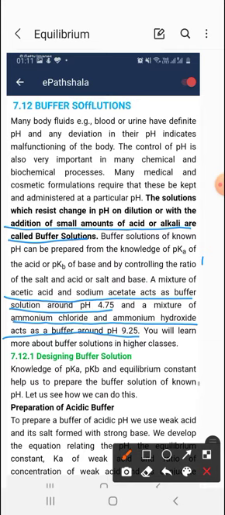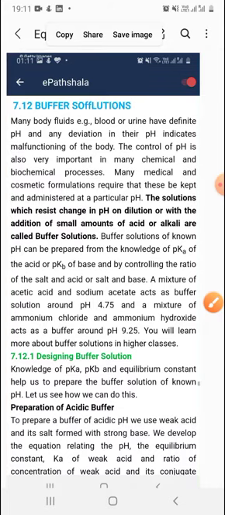And a buffer solution is made up of a weak acid and the salt of the weak acid. Similarly, you can make a basic buffer solution with a weak base and the salt of the weak base. You can see this is the acidic buffer, where the weak acid and the salt of the weak acid are acetic acid and sodium acetate, and a mixture of ammonium chloride and ammonium hydroxide is a weak base with the salt of the weak base. Fine. Ammonium hydroxide is a weak base. So these are both of the buffer solutions.